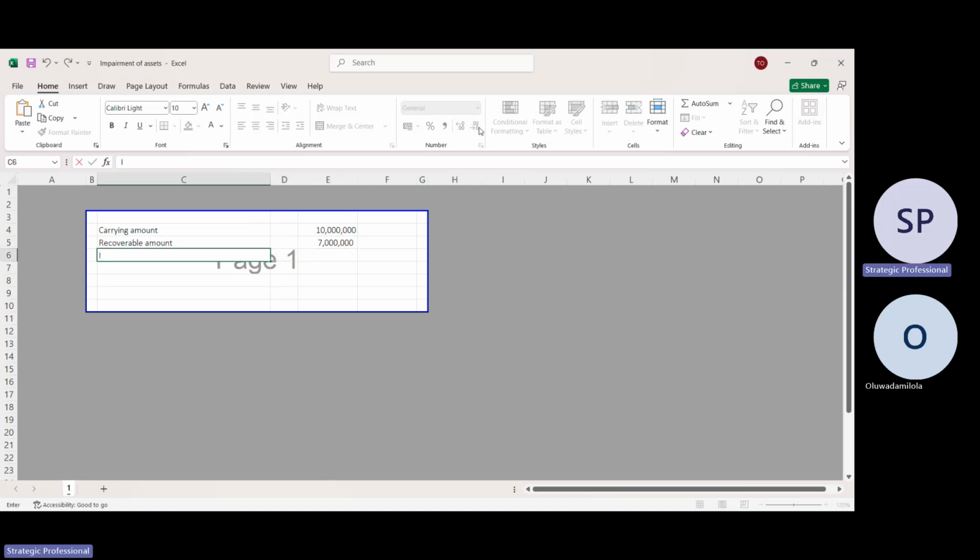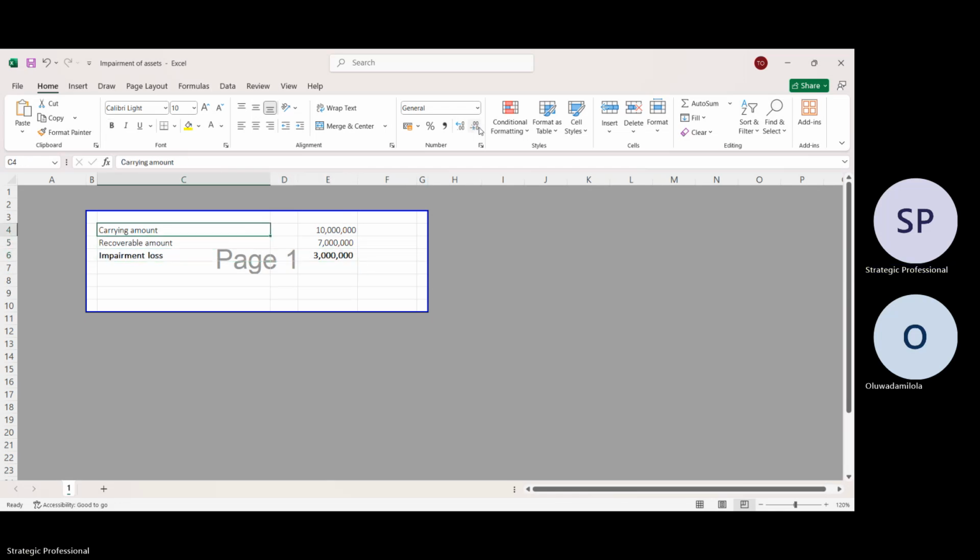The impairment loss is 3 million. Now, what is the accounting entry? The accounting entry means where you are going to take it to your books. So the company will debit the expense account, and you know that expense is always in your P&L. So the expense can either be cost of sales